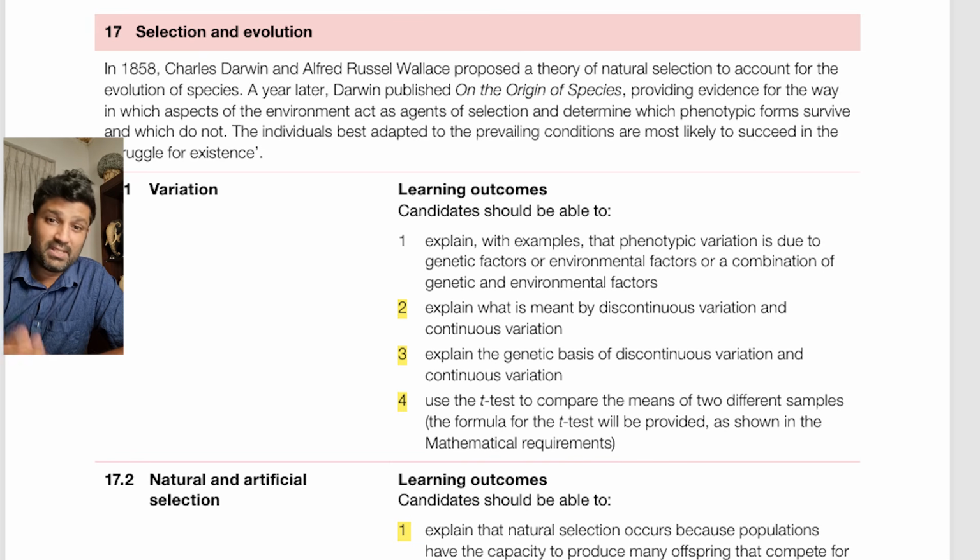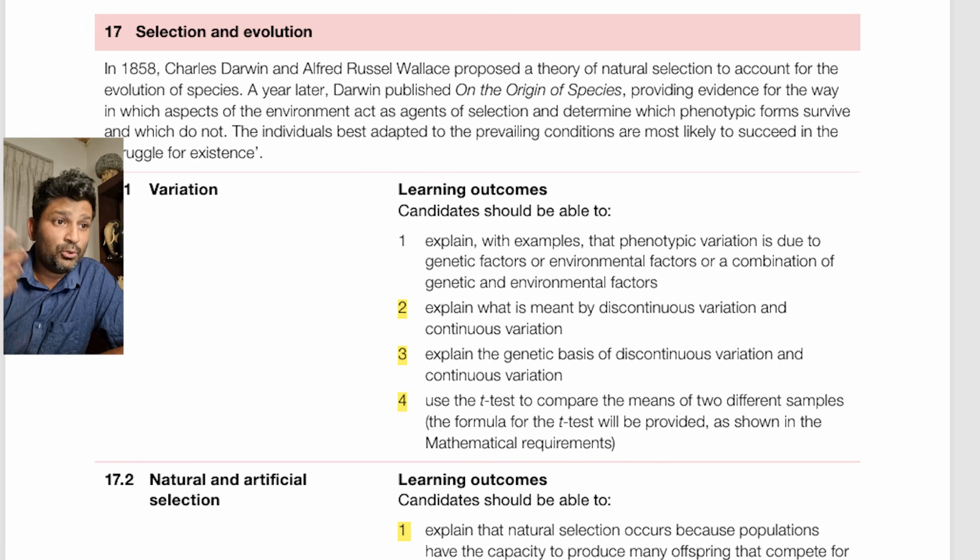Now, if you're given some data regarding variation, you might get a t-test. You might be given the formula to find the t-test value, or they would give you the t-test value, and through a probability table, you would say whether there is a significant difference or not. This is more towards unit 5 in terms of theory, but you still would want to be thorough with that. In terms of natural selection,